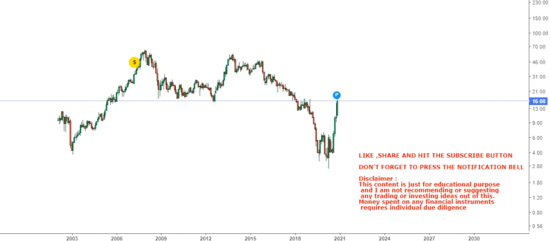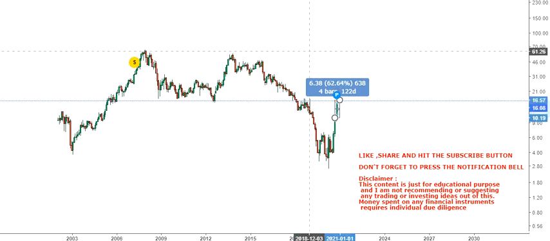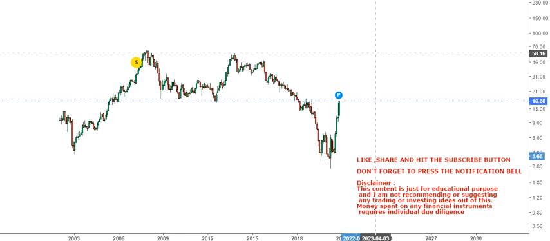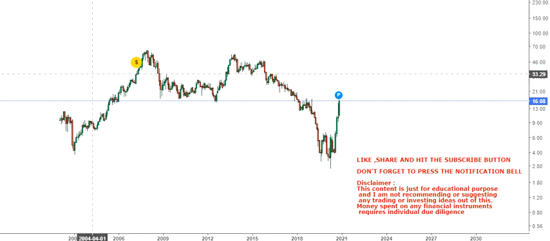Friends, in this video we are going to discuss GameStop Corp, and I have talked about the bounce back in the month of October, and since then, as you can see, the stock has already gone up by 60%. So it's indeed a big jump, but that's not the thing that we are looking at in this chart, because in this kind of trend, the levels which we are going to look at are going to be pretty big, and it will take the stock a lot higher if certain conditions are met.